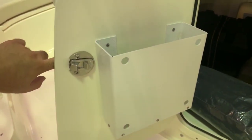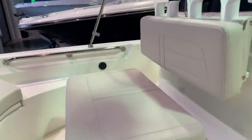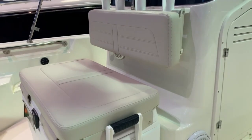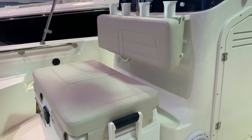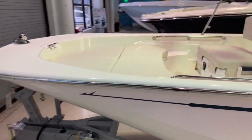In the console, got a lot of nice storage, places to keep your maps, charts, paperwork. And then it does have a removable cooler in the front, which is part of the fishing package. All right, guys, also the bow cushion here. It's ready to go, 2020 Boston Whaler